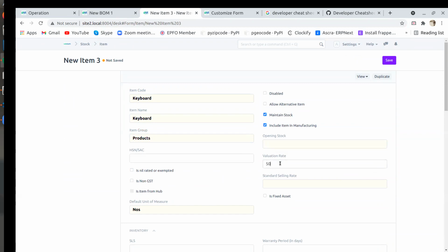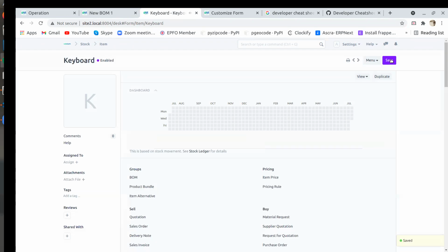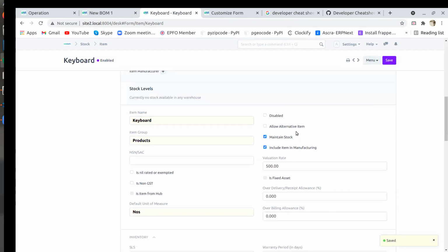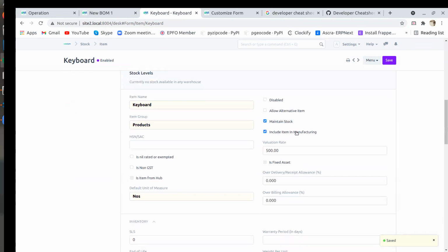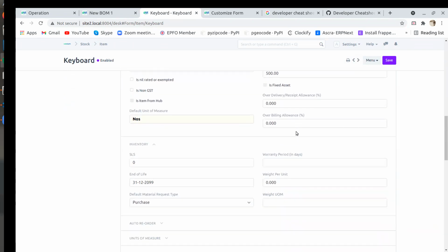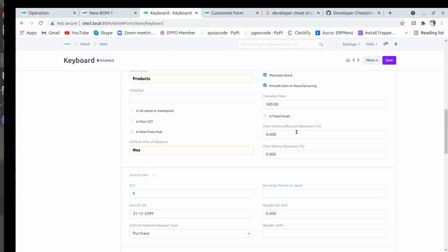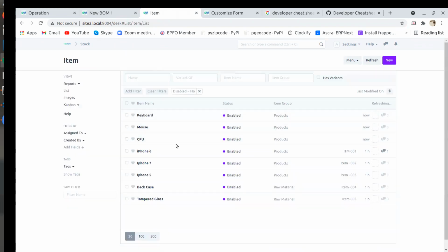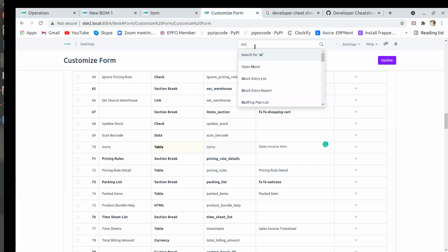We need to give some opening stock also, because while assembling they need it. Because if we do assembling, then they will check for the availability of that item, right? Yeah, exactly. Maybe for these items we have to do a stock entry, because I don't think opening stock creation works here, it is only a value thing. We'll create a stock entry for that. Okay.